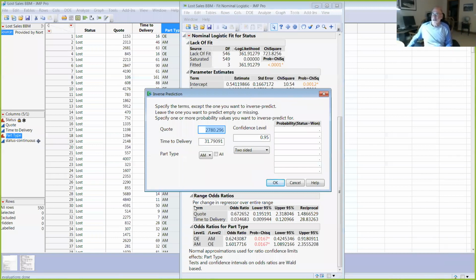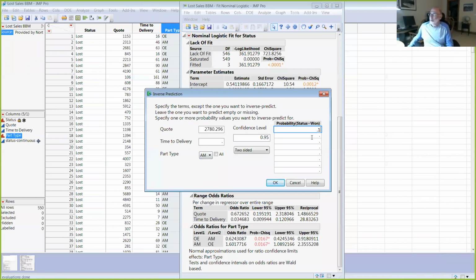And here what you do is you specify 2 of the 3 variables, leaving the other one out. So let's say we're talking about time to delivery, want to know how important that is. And we put in a price quote of, I think right now it's at the mean. So let's leave the mean value, 2780. It wasn't significant anyway. And let's look at an aftermarket part where you could change it to the original equipment. We'll do the aftermarket, and let's see what happens to the